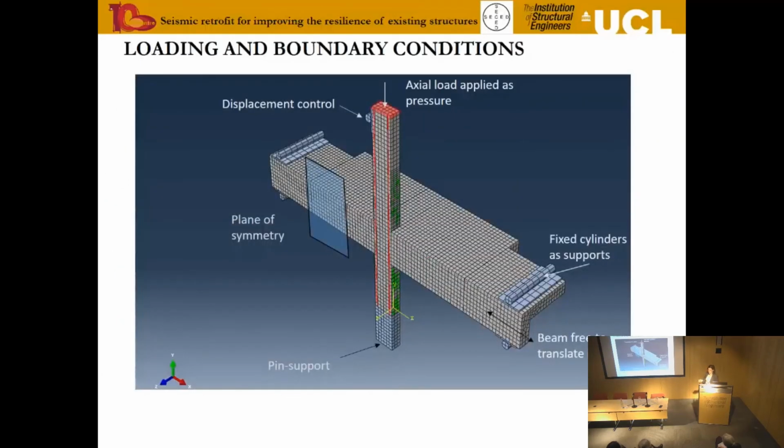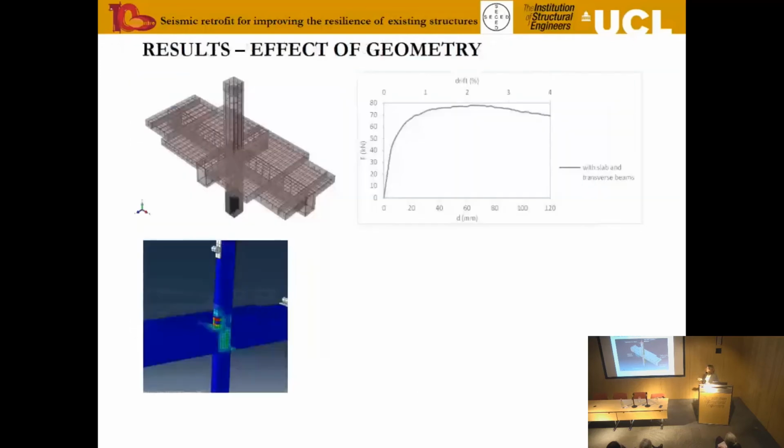So this is just a little bit more of an example, and we carried out a quasi-static analysis, just pushing essentially the top column, allowing the beams and the slab to slide, restraining them at supports, at sort of points of contraflexure. And what you see is if you have the transverse beams and the slab, this is the sort of area of failure.